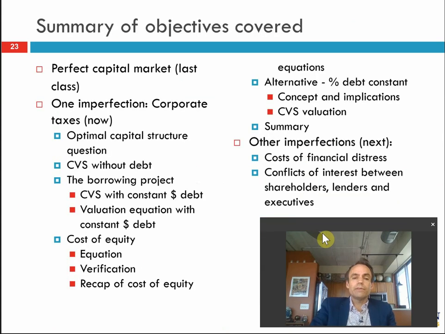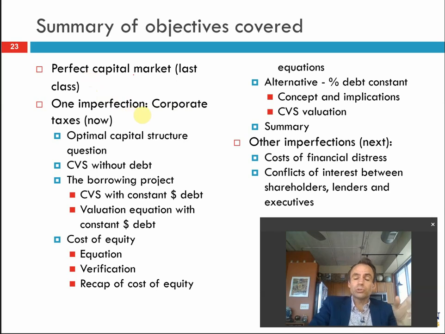So in summary, we've now introduced one market imperfection. We started with a perfect capital market, and we said that in a perfect capital market, valuation and weighted average cost of capital is not affected by capital structure. We introduced one market imperfection. We said that with this one market imperfection of corporate taxes, the value of the firm is maximised by taking on all debt finance except for issuing one share, so capital structure makes sense. So you take on all debt, and you end up with the value of the levered firm being the value of the unlevered firm plus the present value of the tax deduction for interest.